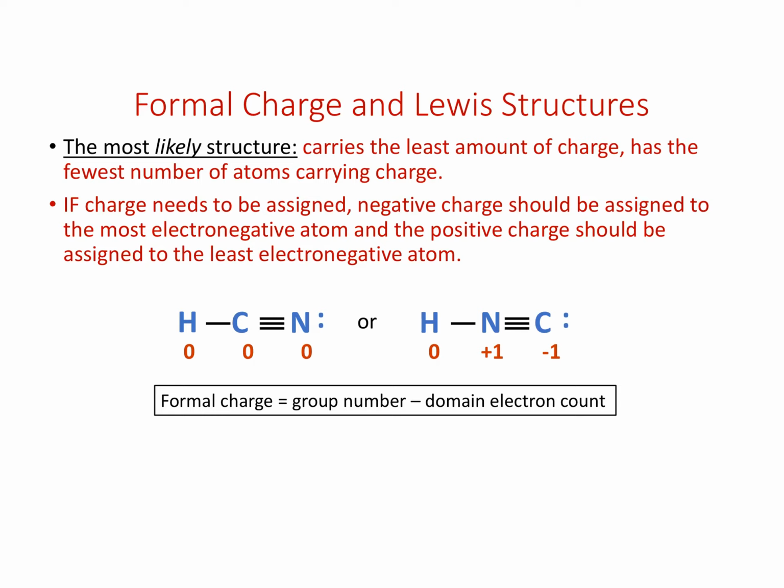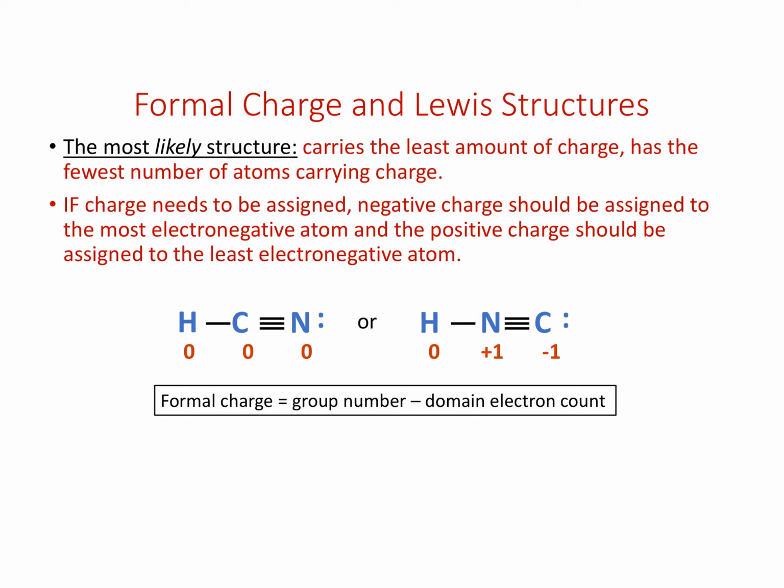So the best structure, the most likely structure, is the structure that carries the lowest amount of formal charge. We want the fewest number of atoms carrying charge for the least overall charge on the molecule. There will be instances when you come up with a Lewis structure and you have to assign charge. We know polyatomic anions and cations carry a formal charge. So there are Lewis structures where charge is required. That being said,